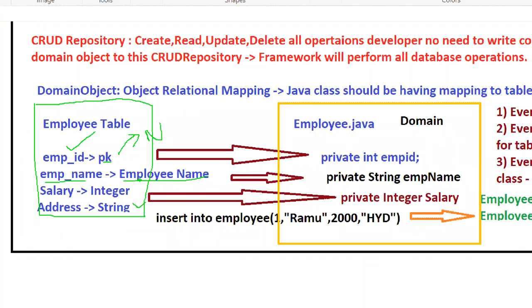Now, if I want to use JDBC, what is the code I will write? DriverManager.getConnection, open connection, prepared statement, insert into table, executeUpdate, ResultSet. Like that, a lot of things I need to write. Am I right? Now, I don't want to write that particular code. I want a database independent code.